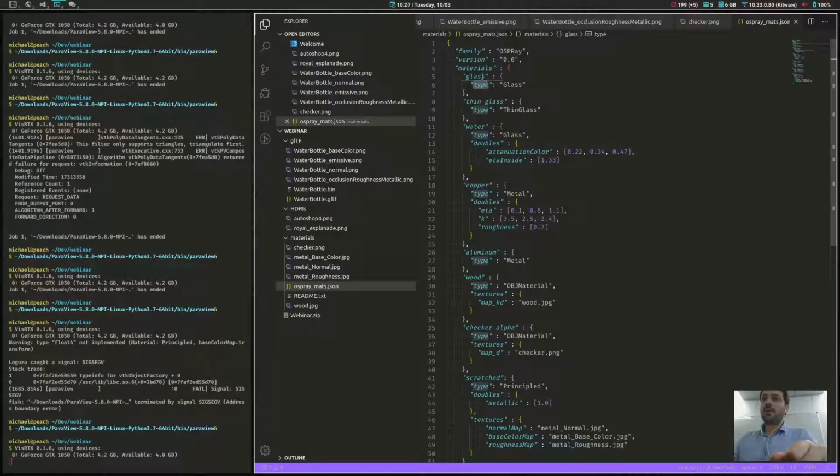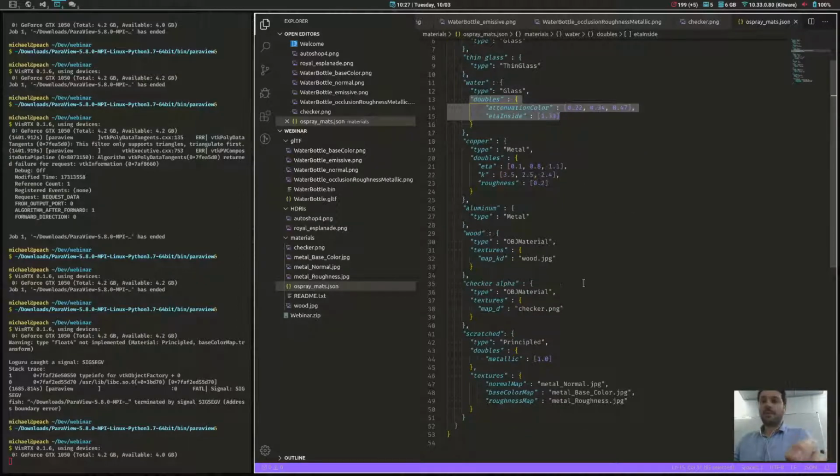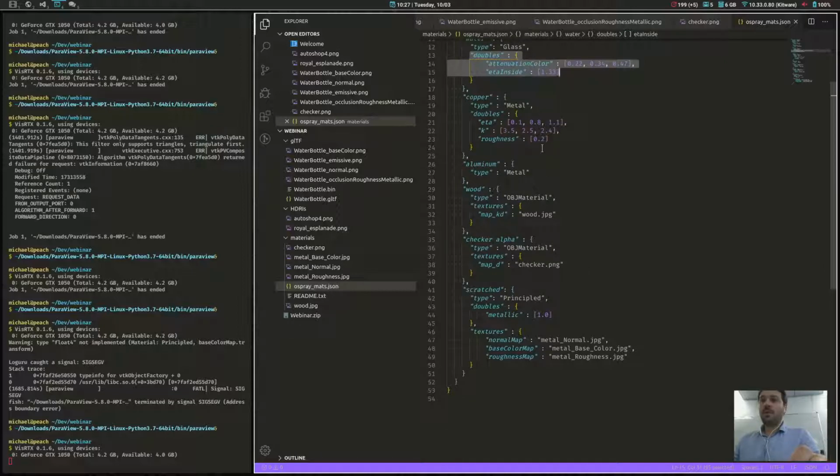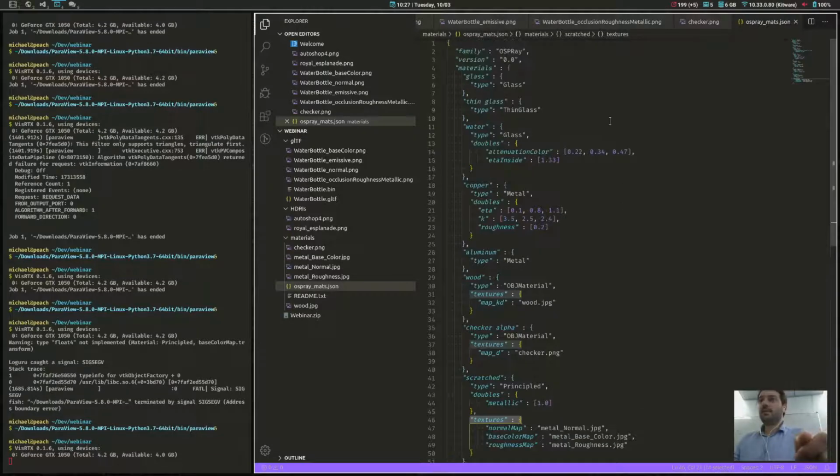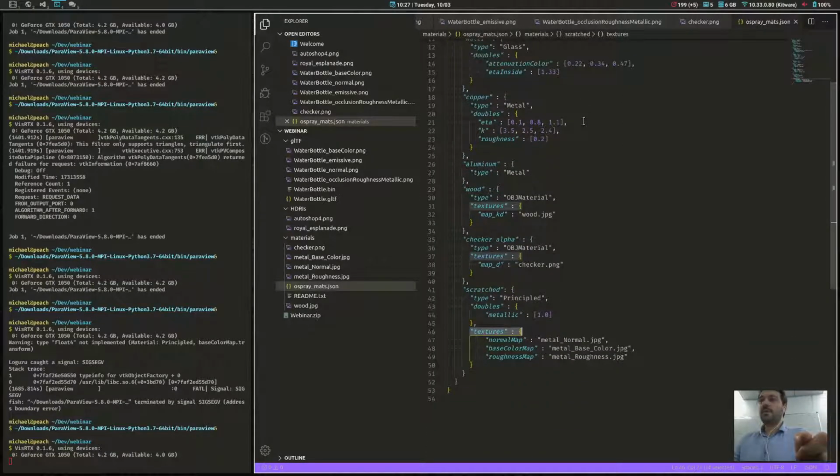And of course, you can also modify all the attributes of the materials to configure your material. And if you want to map the property using a texture, you will have to specify it under the textures key. So basically, just take this JSON file and modify it to add your own materials.